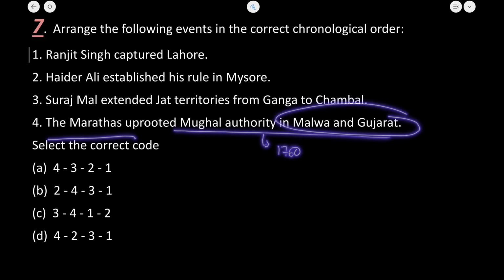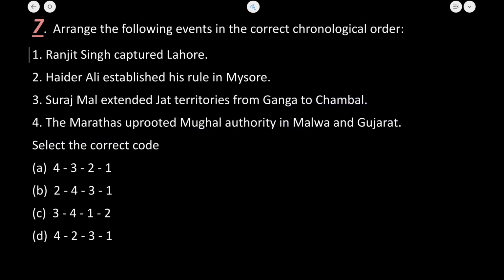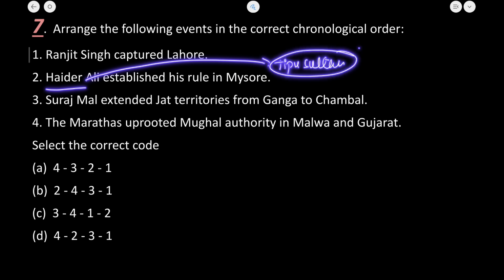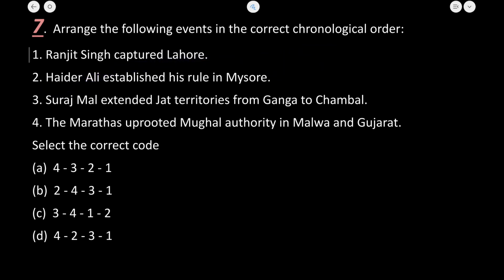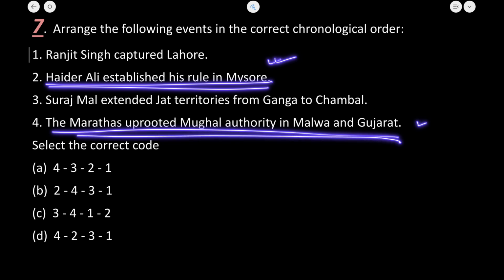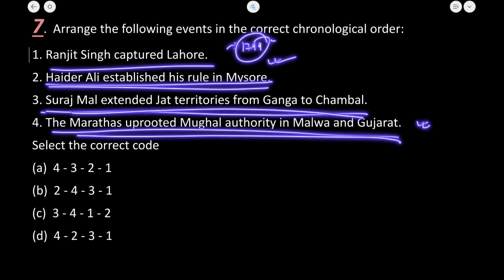So this is a type of difficult question, but मैंने इसको इस तरीके से, ये क्वेश्चन ऐसा लिया गया है ताकि आपको पता होना चाहिए किनका इम्पैक्ट कहाँ पे था. ठीक है, आफ्टर हैदर अली आपको पता होना चाहिए इट वॉज टीपू सुल्तान, इंपॉर्टेंट रूलर ऑफ मैसूर डायनेस्टी. ठीक है, तो करेक्ट हमारा क्या हो जाएगा क्रोनोलॉजी? सबसे पहले हैदर अली ने इस्टेब्लिश किया था मैसूर में रूल, देन मराठाज अपरूटेड दी मुगल अथॉरिटी, रंजीत सिंह ने सबसे लेट 1799 में ही कैप्चर्ड लाहौर, एंड देन थर्ड इसमें क्या था?